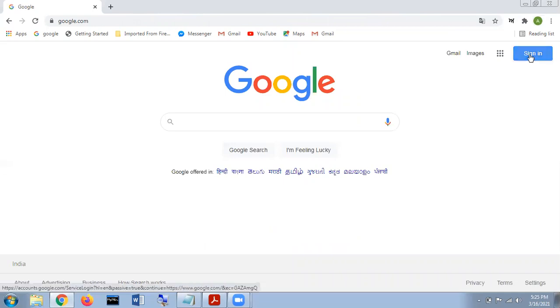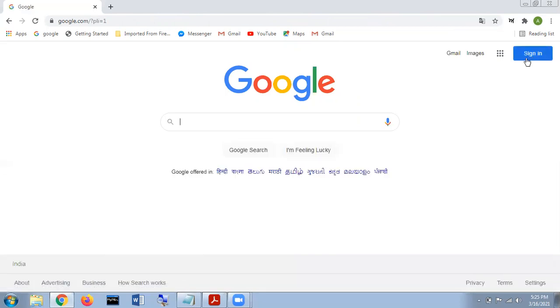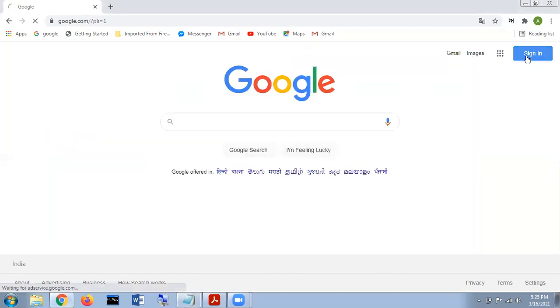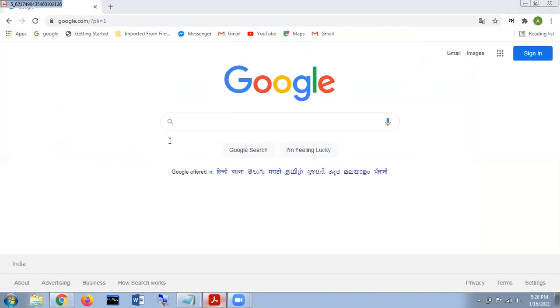And now if you want to log in with the help of that particular email ID, I'm again supposed to click on the sign in option. For the same, again, we require this particular username. This username is required to sign in for that particular account. Here it is, the account is displaying here. We are already there with this account.